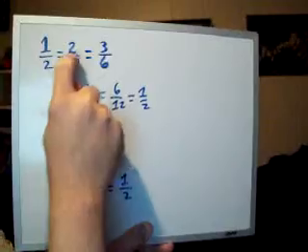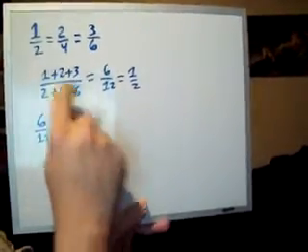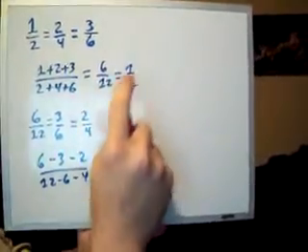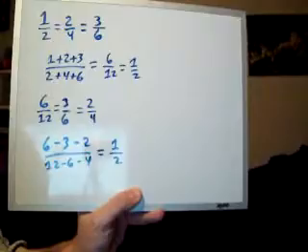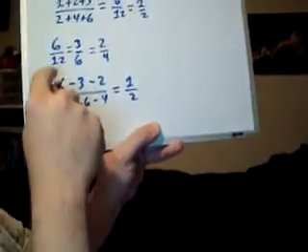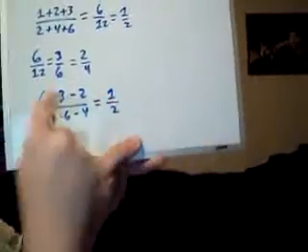If you add the 1, the 2, and the 3 here, and you add the 2 and the 4 and the 6 here, you'll get 6/12, which of course becomes 1/2. Isn't that neat? Same thing down here. You have 6/12 and 3/6 and 2/4, and I'm sure by now you figured out that all of these are